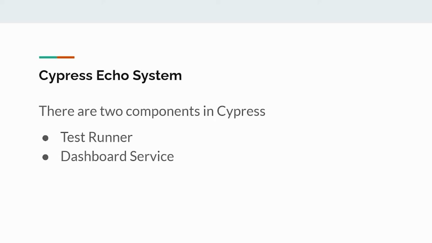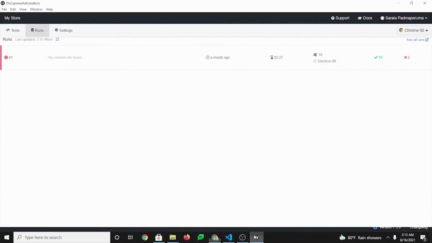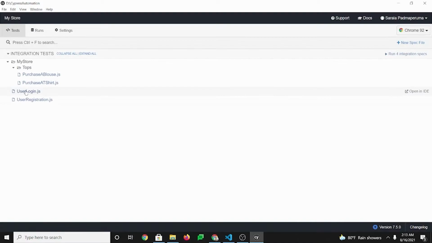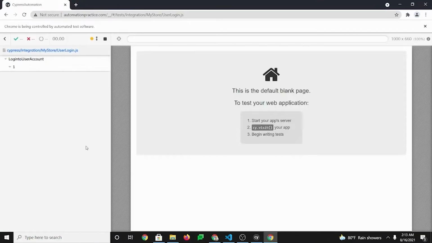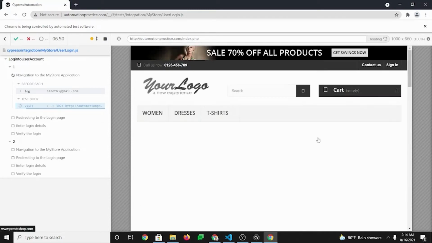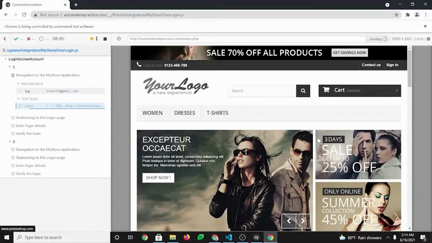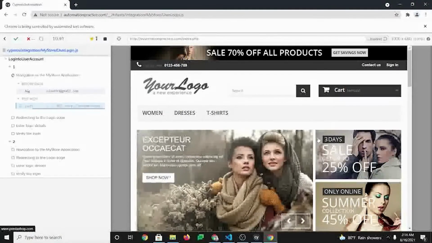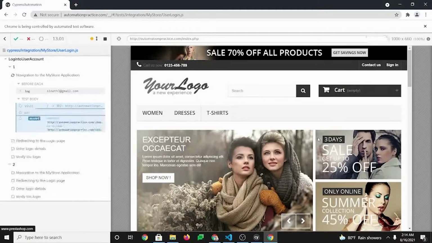Okay, let me explain what the different components in Cypress are. There are two components in Cypress. One is the test runner and the other one is the dashboard service. Here, what you see is the test runner. This runs tests in a runner that allows you to see commands as they execute while also viewing the application